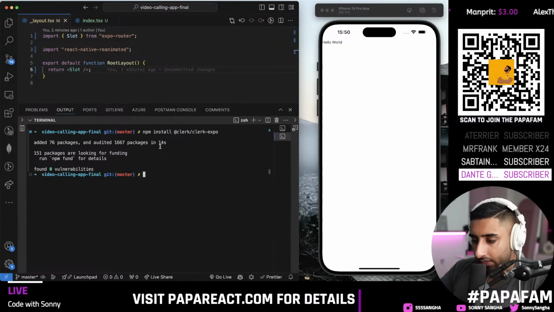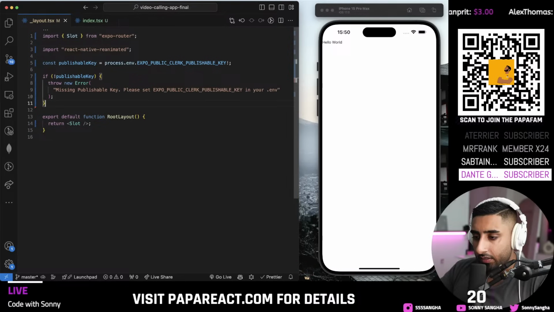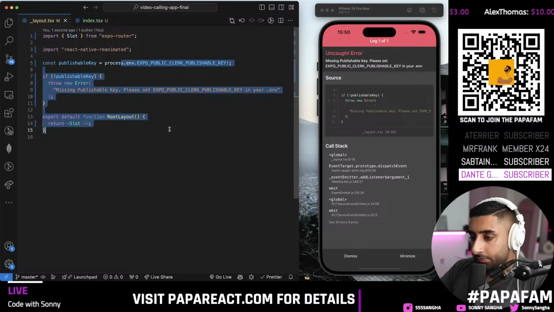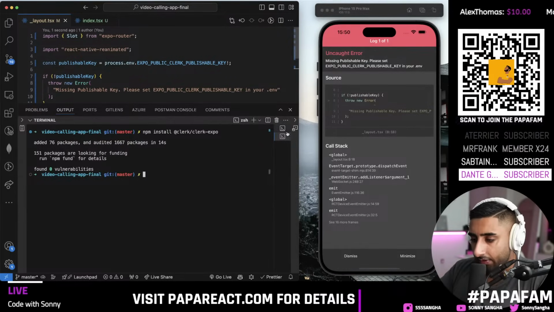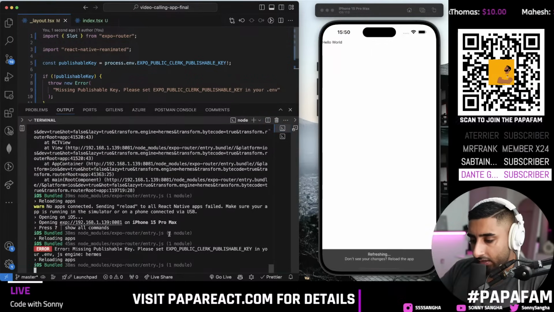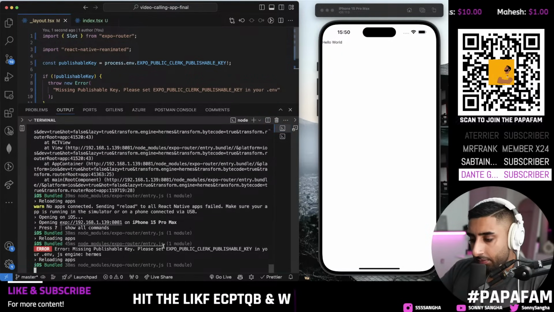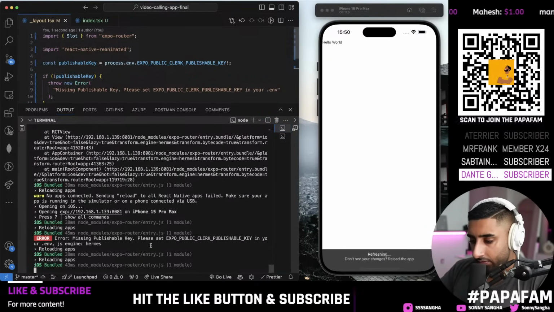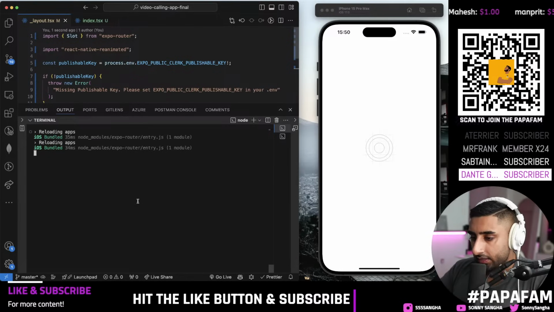Let's just double check. So it did install correctly. Great. Let's go ahead and do this. And right now it says missing publishable key, right? And that's because we haven't actually pulled in the key itself. So we can check now. Missing publishable key. And if we were to reload it now, you can see that's good. Okay,